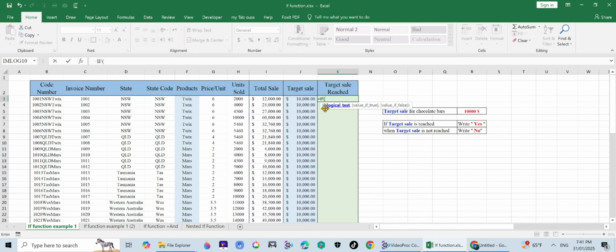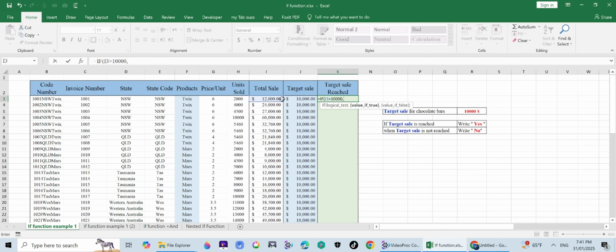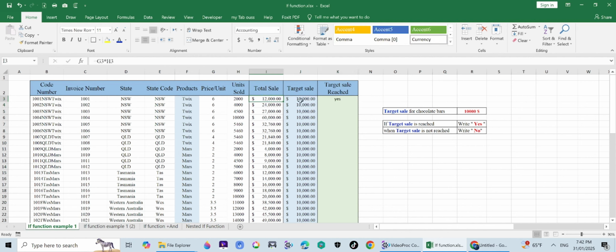The logical test: if the total sale is greater than 10,000, I'll put a comma and then double quotes, write yes, then close it with double quotes, then a comma. Well, if the condition is not met, I have to write no, so I open double quotes, no, close it with double quotes, and then close it with the parentheses. As you can see here, because the total sale is greater than the target sale, the target sale is met, yes. And I'll just drag this down